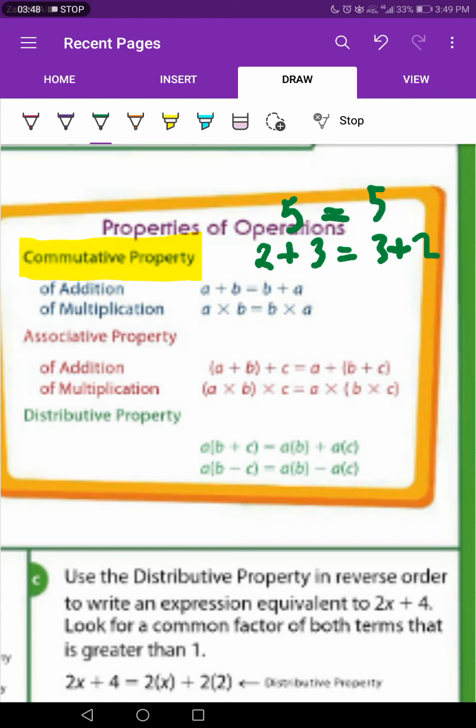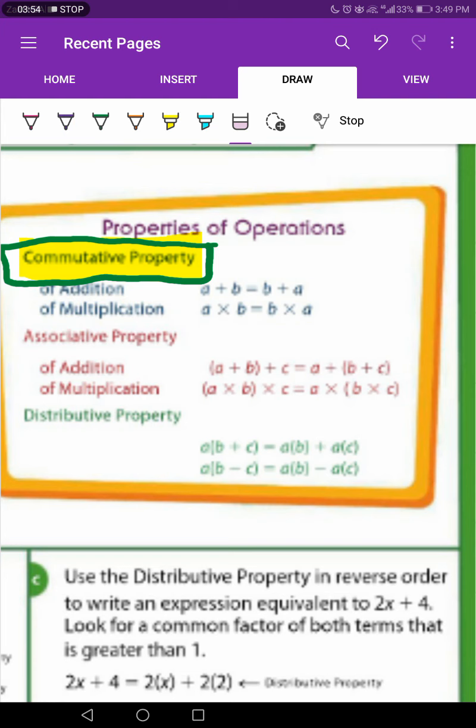If I switch and get the same number, you can apply the commutative property. We can apply it on multiplication too. Yes, 2 multiply 3 equals 3 multiply 2, which equals 6. This is the commutative property. We can switch the numbers; the switch doesn't matter. Now let us move to